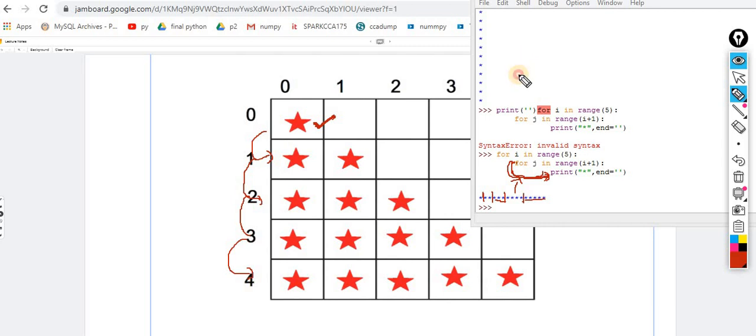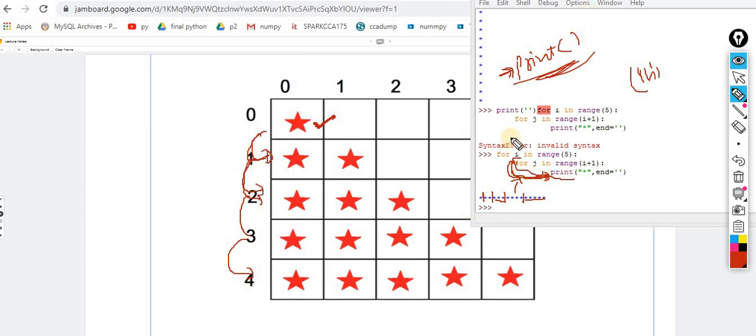I am giving you one hint. I have to use this print. Empty print means \n. Empty print means I am implementing \n, and \n means the next line. So I give you the hint, but can you tell me where I should place this print? Any one of you. And I give you the whole hint: after finishing this loop, the control is moving to the next line.